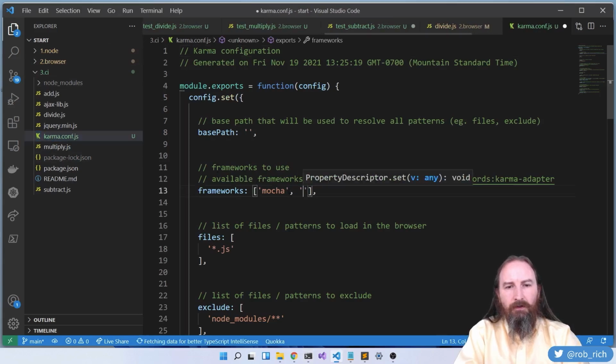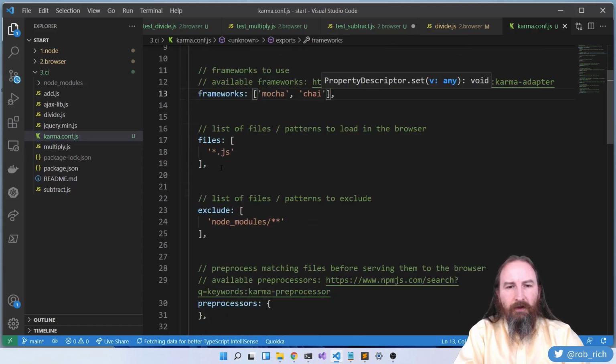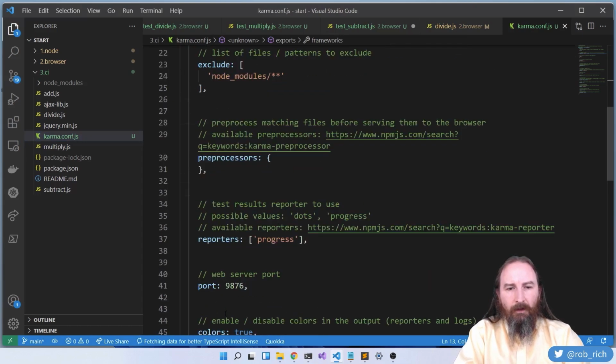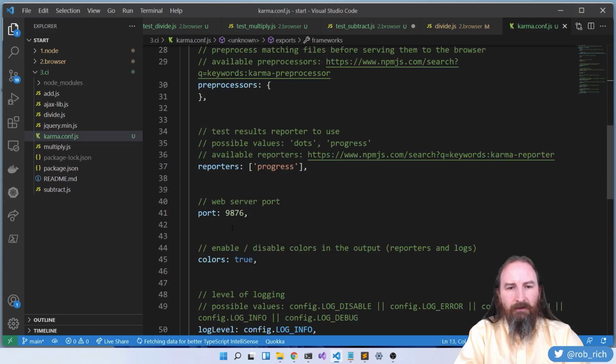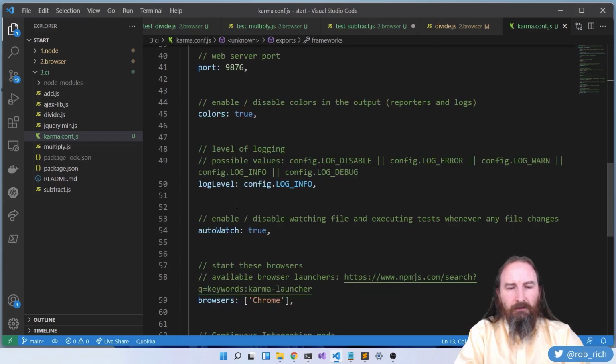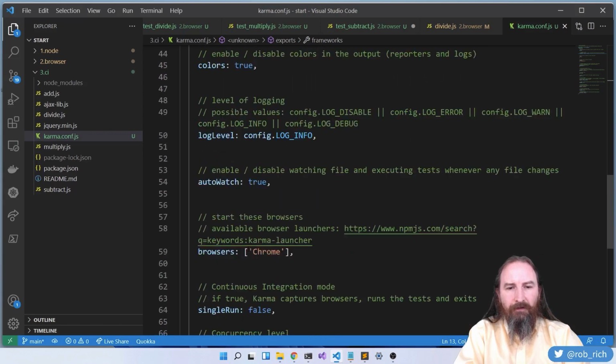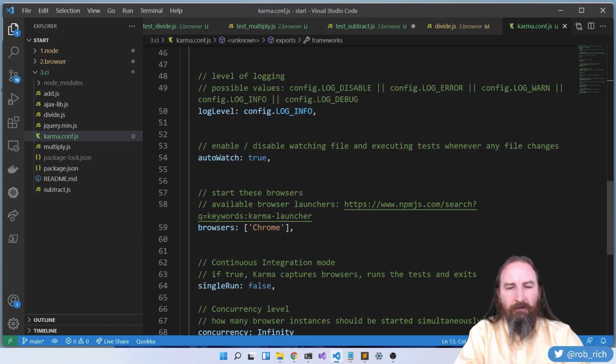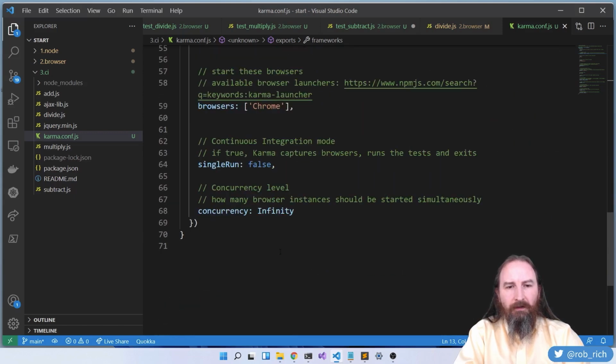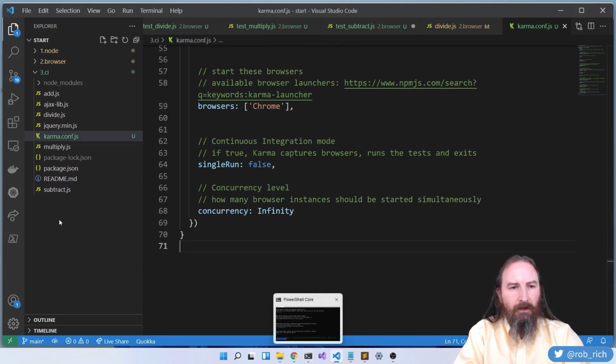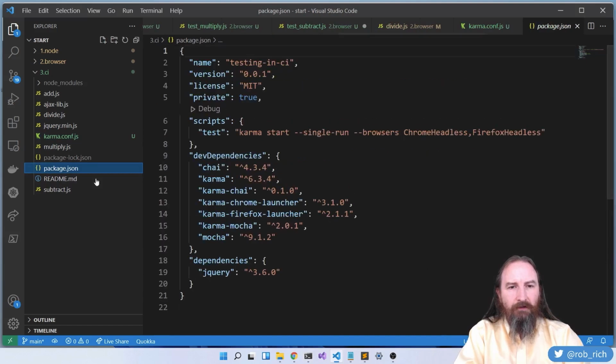And I do want to include the chai library there as well, but I could adjust the answers that I gave there. The progress reporter is great. Here's the port that it'll run on. The log level auto watch is set to true. I could adjust the browsers if I wanted to include more, and it will run forever. Perfect. Now, I did add inside package.json to be able to run Karma, but let's just run it from the